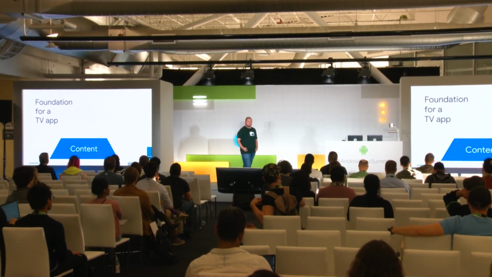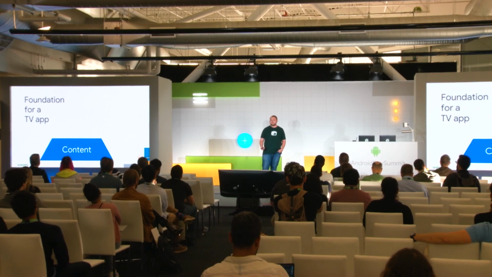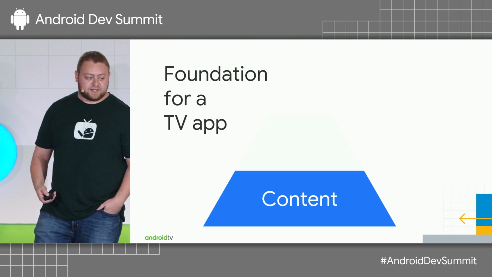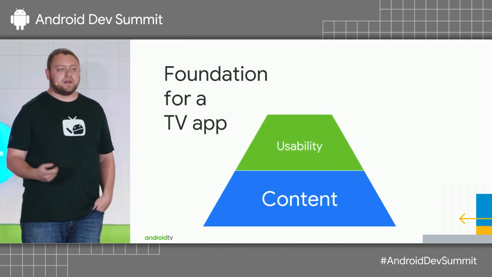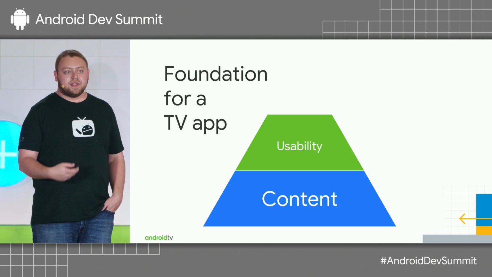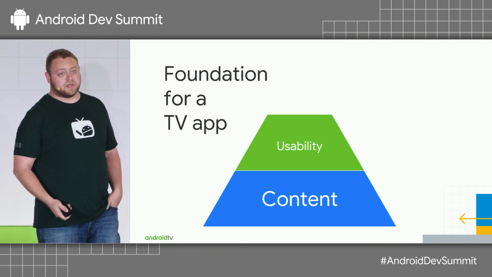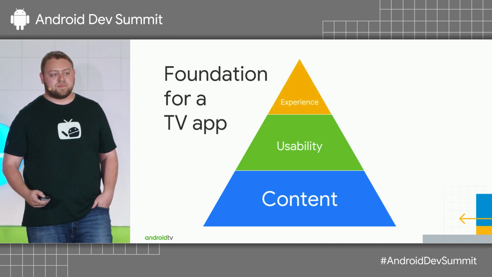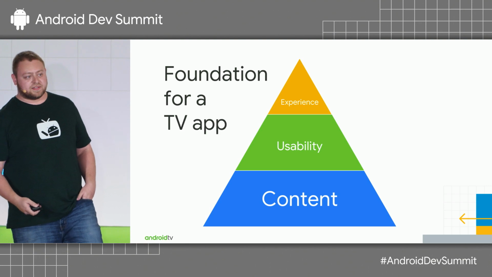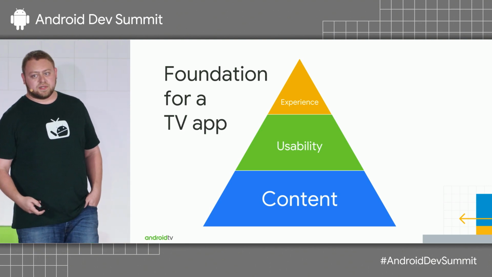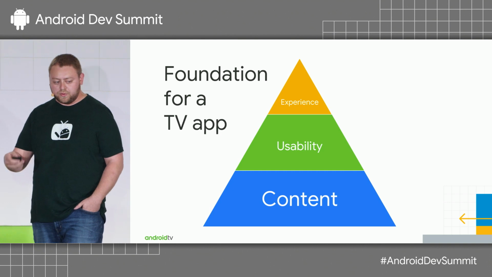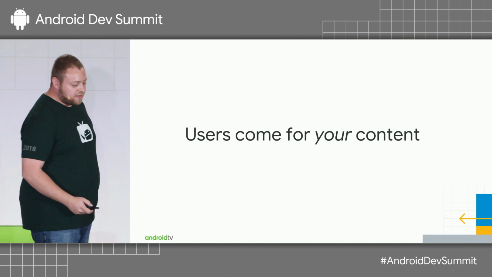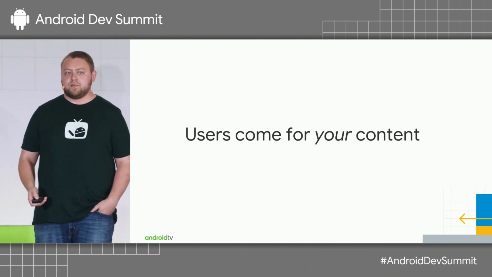If we try to think about the foundation for an app, the biggest piece is your content. That's your value prop to your user. If we add on to that, usability. How do you make your app easier for users to use? You have great content. How can they discover more of your content inside your app? And if you want that little cherry on top, think about the experience. How can you layer in all these extra things to build a sweet experience for users, no matter where they are in your app? We'll dive into each of these concepts, and I'll call them out later on. But the key takeaway is they come for your content, but they stay for your app.